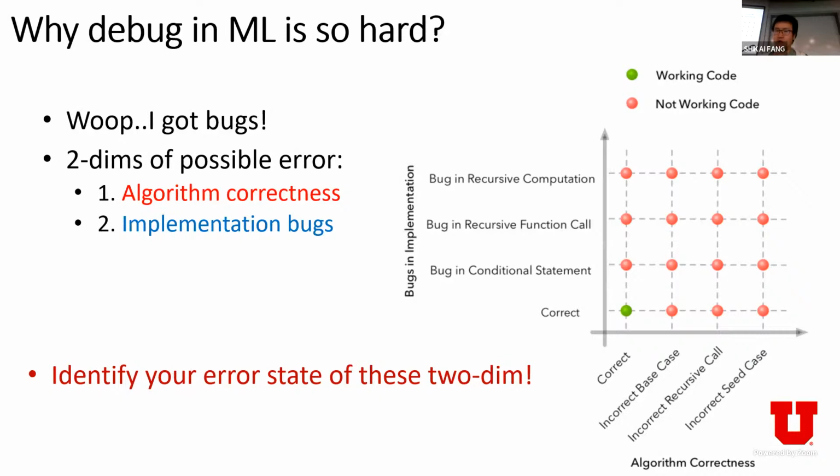When you get a bug in your machine learning code, what's the possible location the bug comes from? Actually, in my view, there are 2 dimensions of possible errors. The first is your algorithm, whether your algorithm is correct. And the second is your implementation, whether your implementation of your algorithm is right. If you look at the figure on the right, I list the possible cases in your implementation and your algorithm. For example, when you learn the decision tree and start to implement it,